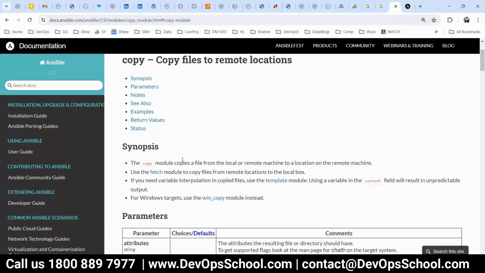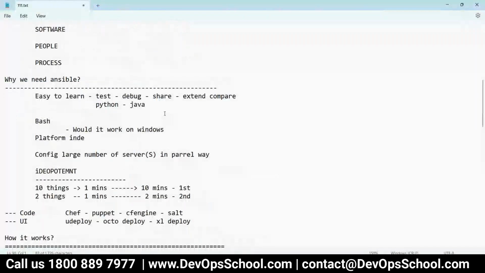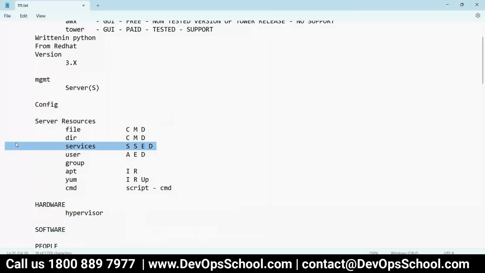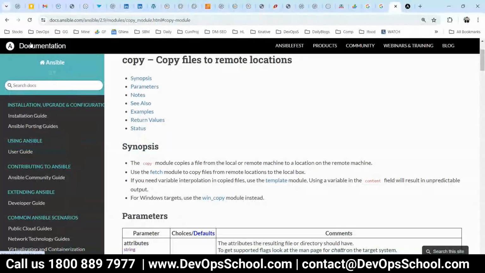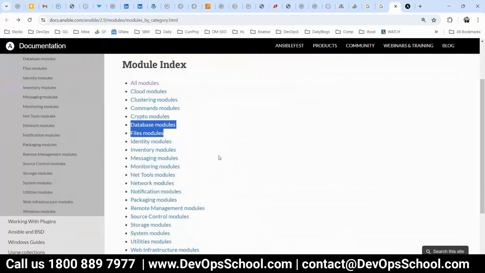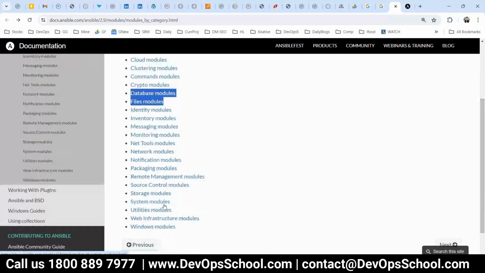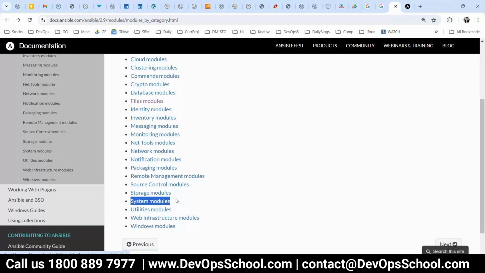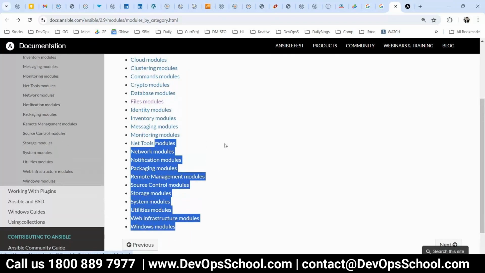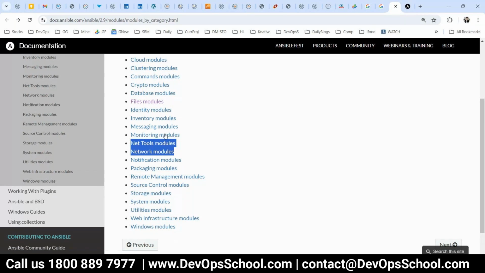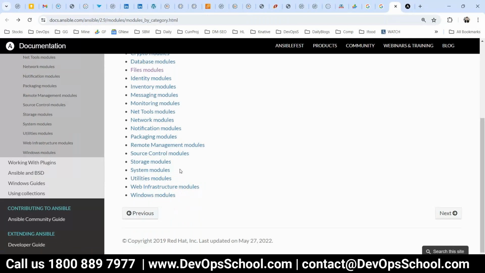Okay, so I'll show you one more module so you get comfortable. For example, the service module. Let me remind you, what can you do with it? Start, stop, enable, disable, right? So go back, and the service module, I think it should be in system, right? See, these are the categories, okay? Let's say if you want to work with a network, here you have a category. If you're working with monitoring tools, here it is. And if you want to work with Windows, here. These are the categories: crypto, cloud, AWS, Google Cloud, and all. So system has service, and again, so many.